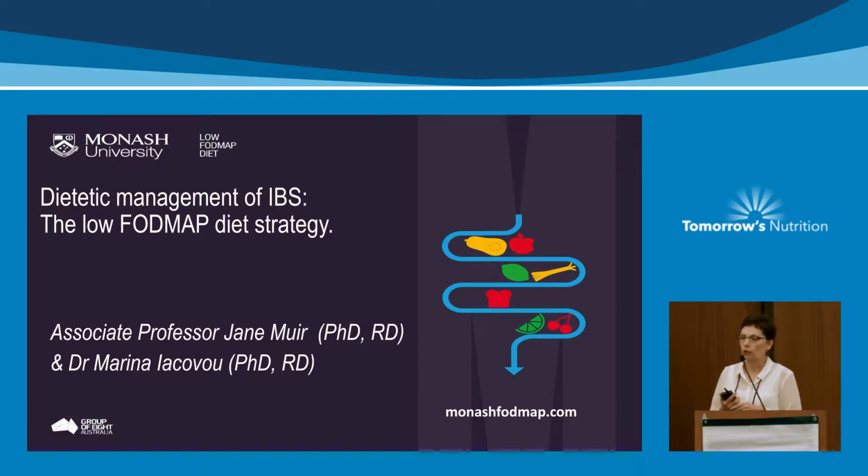In Australia, a gastroenterologist would always have a dietitian. And Peter, who's been a fantastic advocate for dietetics, says, how can you practice GI or be a gastroenterologist without a dietitian? So I think it's something we have to really work at. This is a strong evidence-based diet. It's a fantastic area for dietetics, so I hope you get involved, and we're here to help, and that's why we're here. So let's get on with an